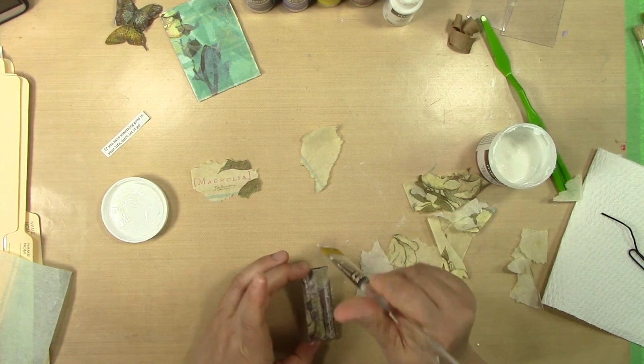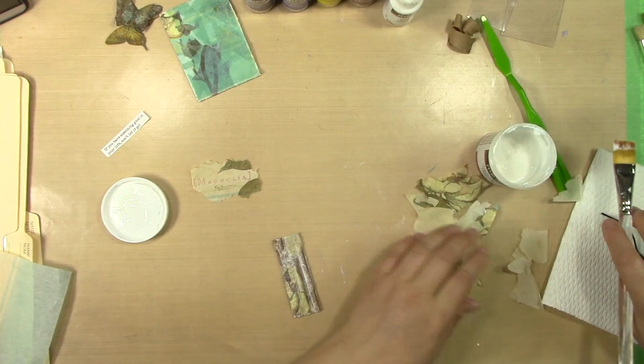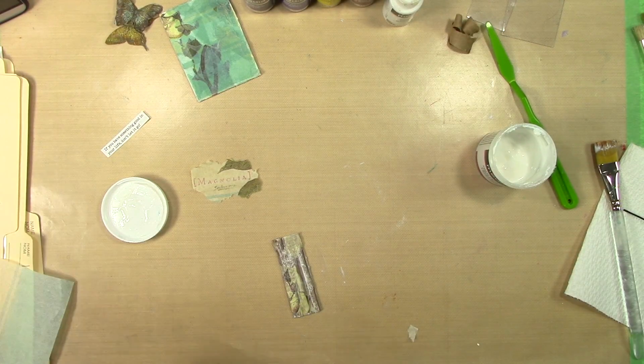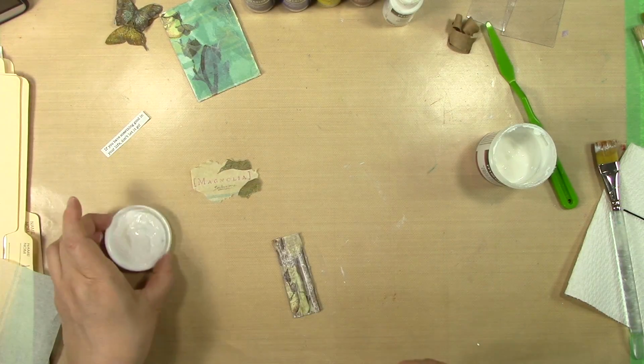Just a little bit of contrast there. You can also paint it. We're going to do that too. Okay, I'm going to take all these, put those aside. Oh, and while this is drying,